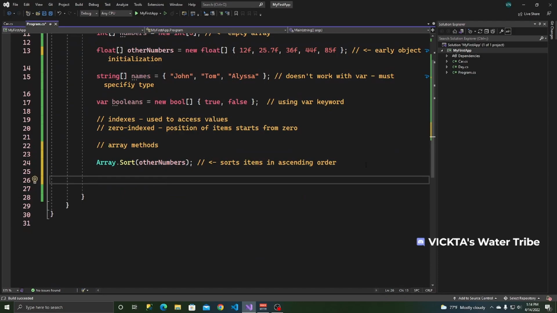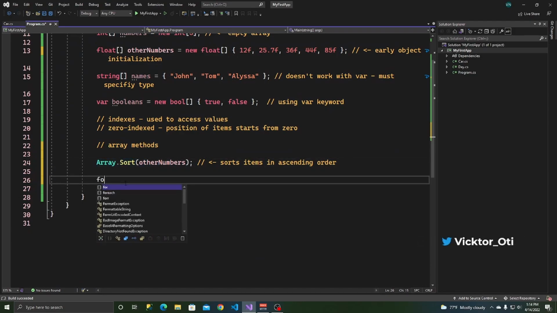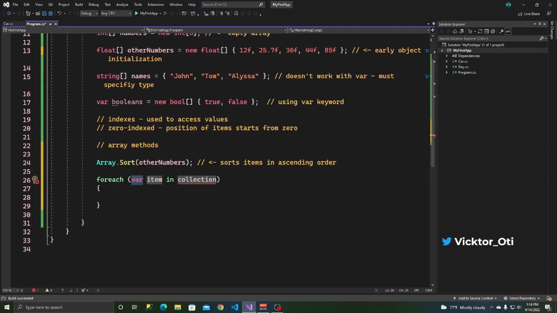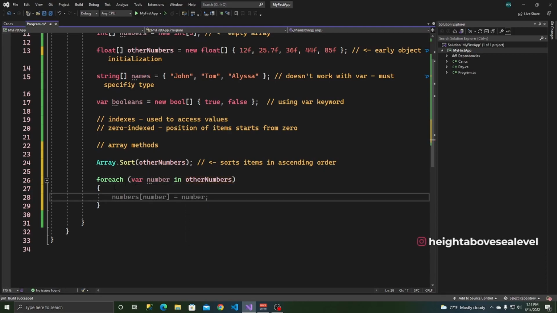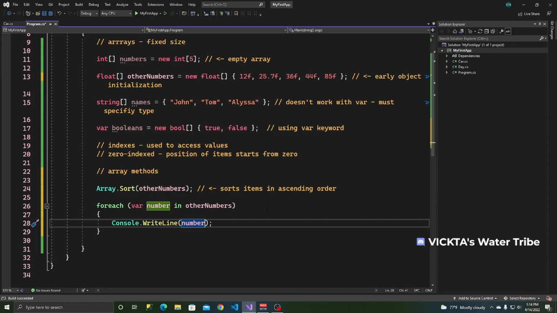All right, let's look at this sort method. We've already sorted the array. We loop through it: for each, tab twice, tab again, for each number in the other numbers array. Enter to go into the curly braces. We want to write the number on the console. So if you press Control and F5,